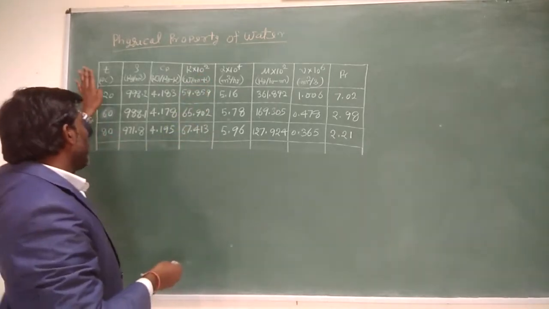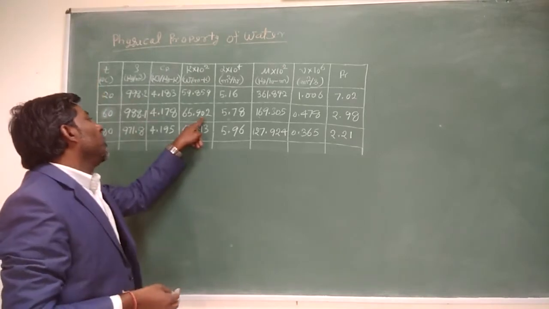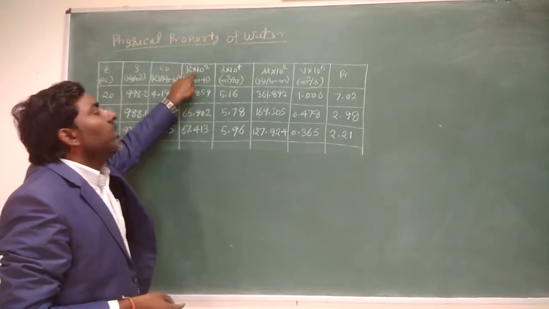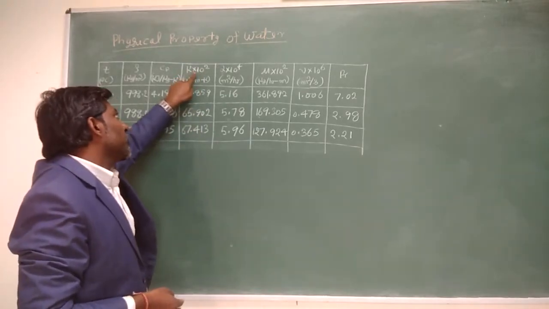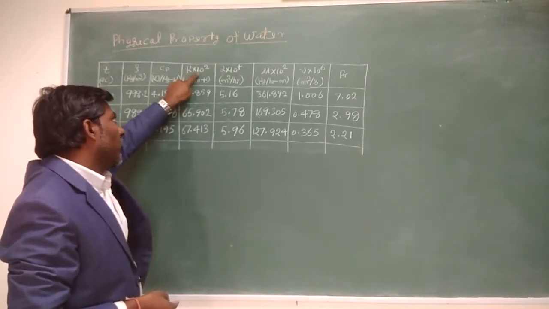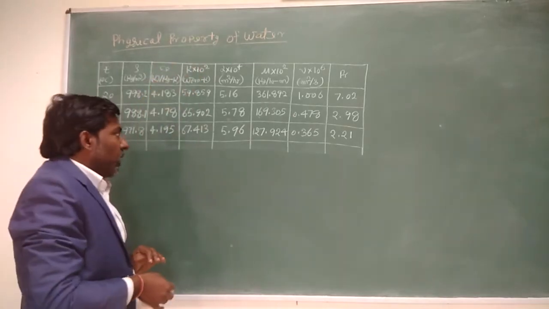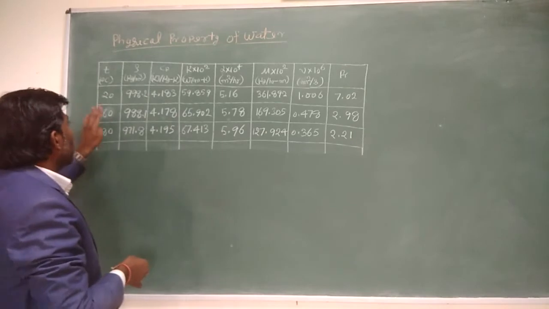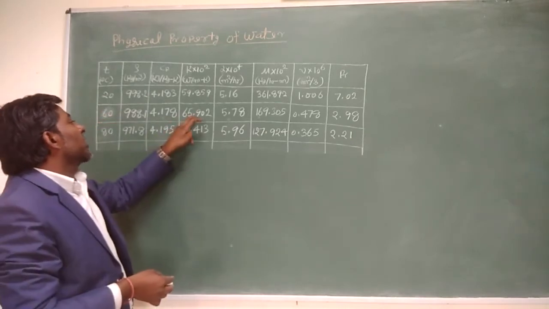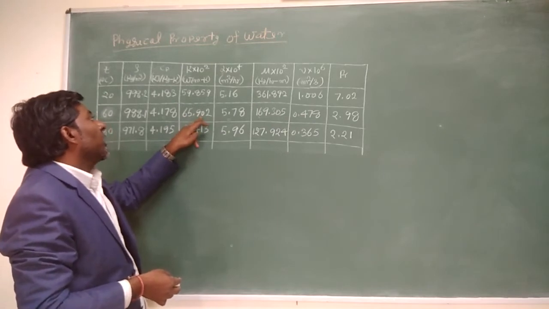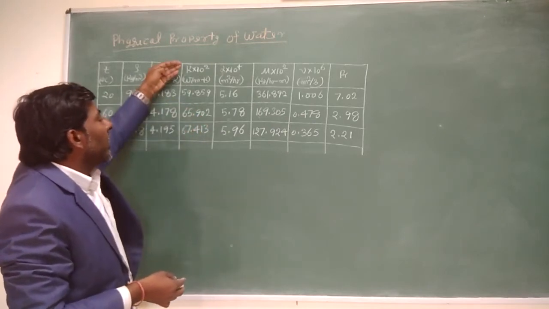What people are doing is just going and looking at the value 65.902, and they are not looking at what is written here. You also have to see what they have written here: 10 to the power 2, 10 to the power 4 or 10 to the power 6, whatever. You should not just look at the value. It is not 65.902; the thermal conductivity will be something different.